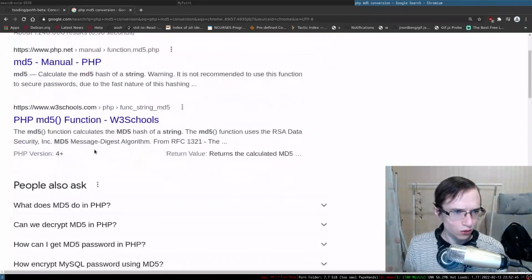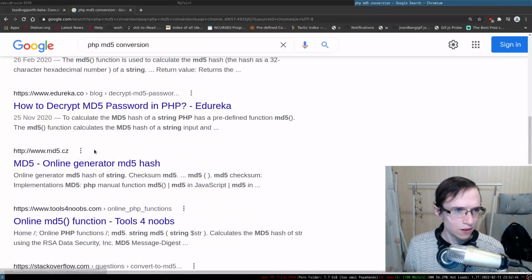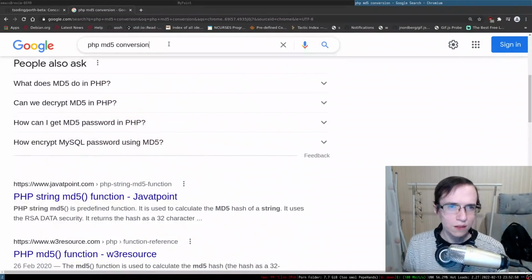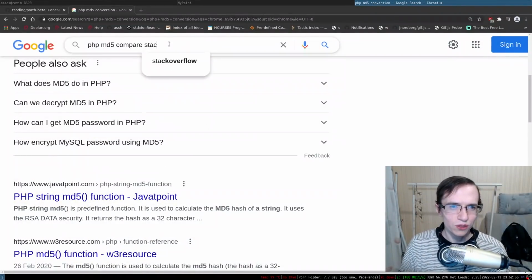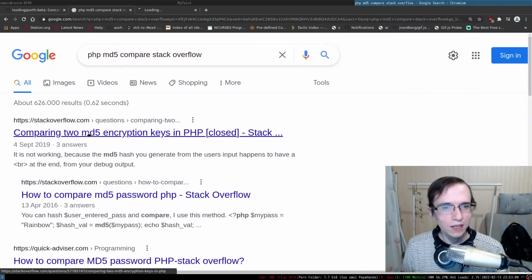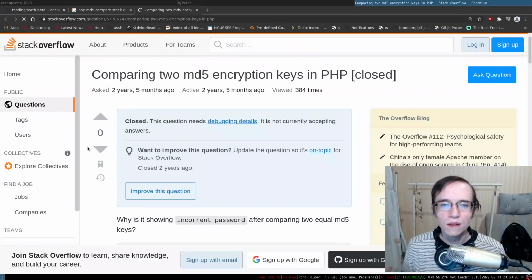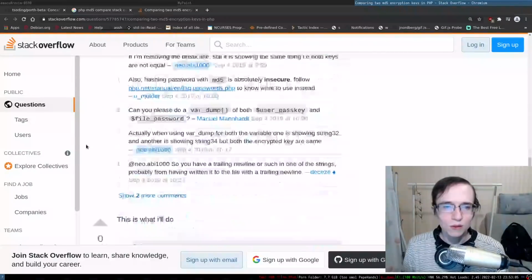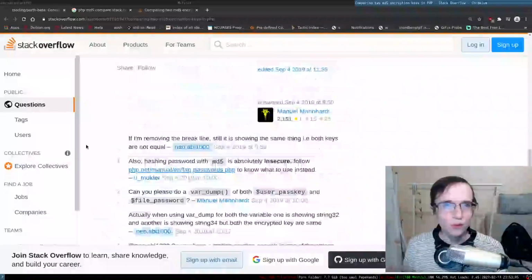Right. So, anyway, I forgot. Convert MD5. Something like compare, and it was on Stack Overflow. Does anyone remember the link? Compare to MD, yeah. I think that was the thing, no? God damn it. I don't remember. So the thing was,